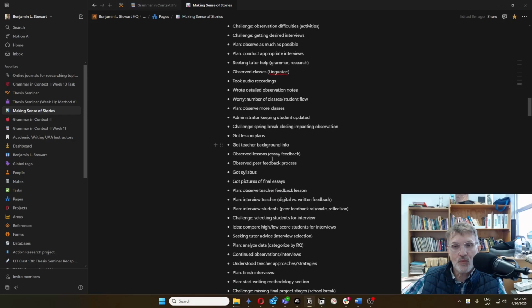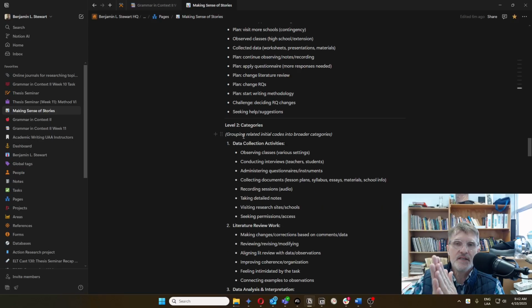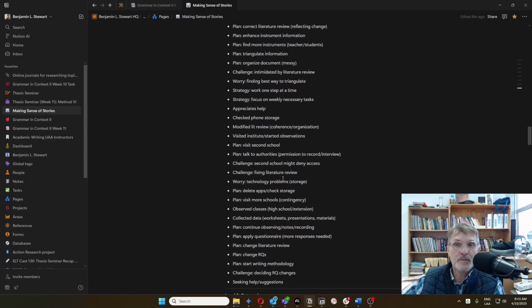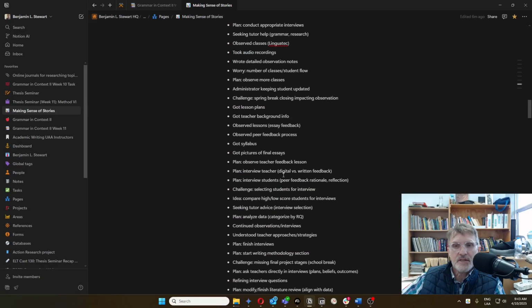So this is the level 1 or initial coding. Now, if I scroll down here, then the next step, once I've completed this process, and imagine again, I'm going to be looking and considering all of the data that I have included. Depending on how much data you input, there may be some limitations depending on the LLM or service you're using, whether ChatGPT, Copilot, Gemini Advanced, or any other LLM. Okay, so we'll talk about some ways to get around that in the whole group session.